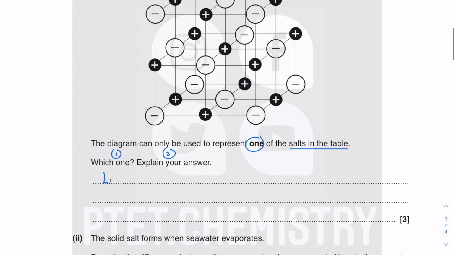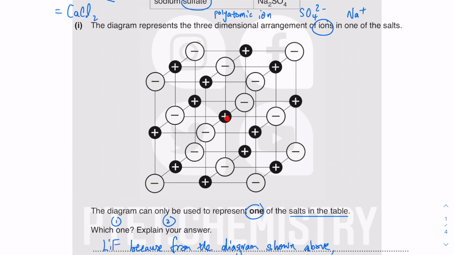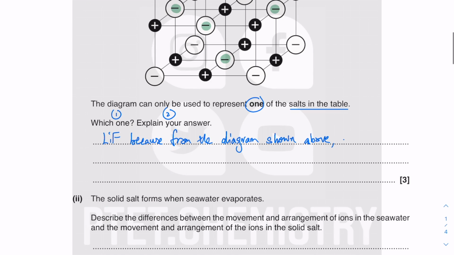So it has to be lithium fluoride, because from the diagram shown above, I hope you can appreciate that this is 3-dimensional. Each cation is surrounded by 1, 2, 3, 4, 5, 6. Each cation is surrounded by 6 anions, and each anion is surrounded